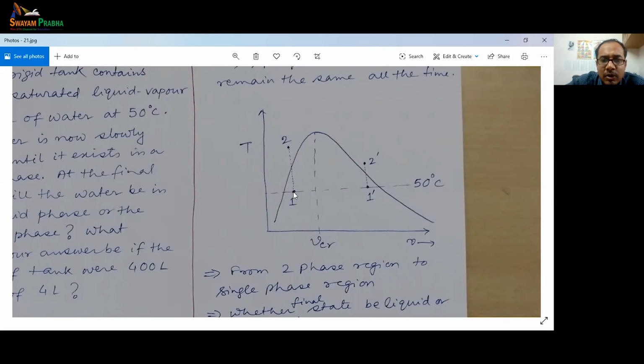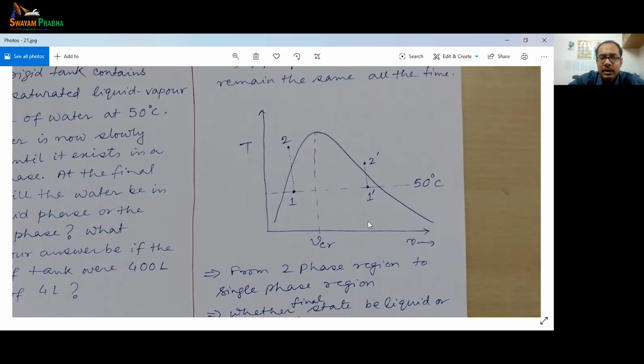Now as the whole process is happening at constant specific volume, you will be following this line, right? This dotted line 1 to 2. Please see my cursor. Okay, so this line you will be following and you will end up at point 2, which is the single phase point. So what is the state at state 2, if you look at it relative to this saturation dome? It is the compressed liquid, right? It's a single phase region, and it will be compressed liquid. So if you are at point 1, you will end up at point 2, which is liquid phase.